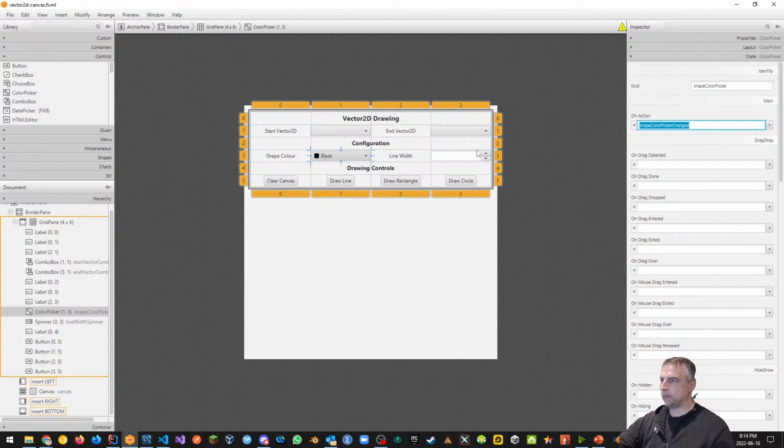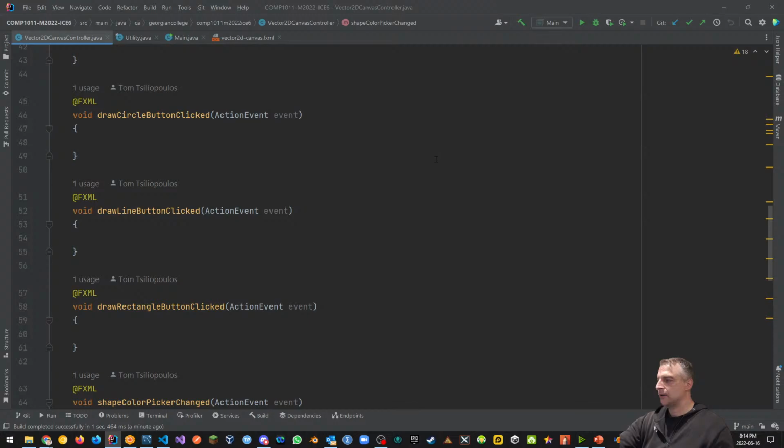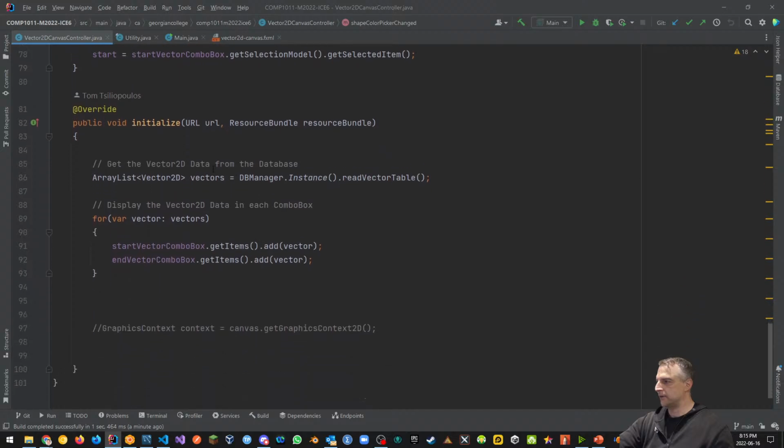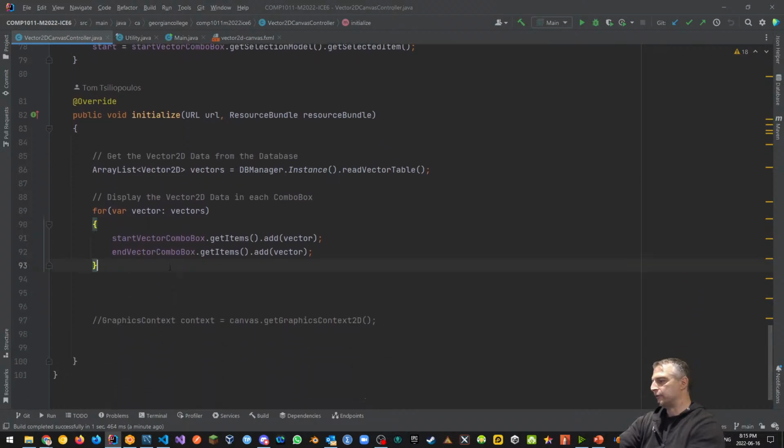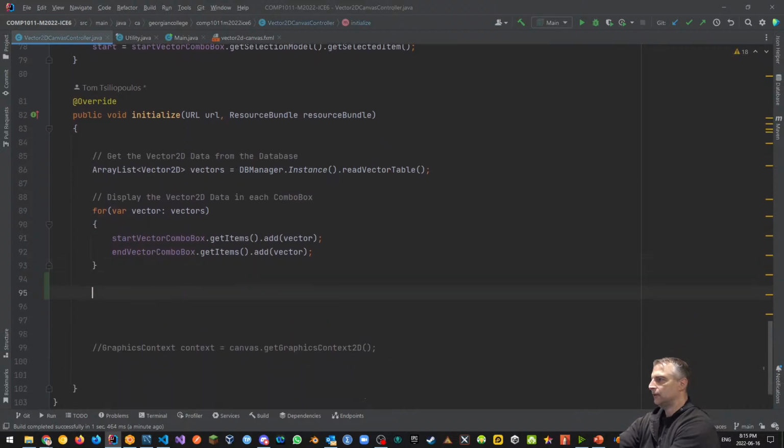We need to get our line width going. Line width is the spinner. We've already done the spinner stuff before. We have a function for this. And remember how we did the spinner setup. We can actually do that in the initialize function. And the way we would do this, it's a little bit special, is we can say something like, hey, utility, let's use an instance method,